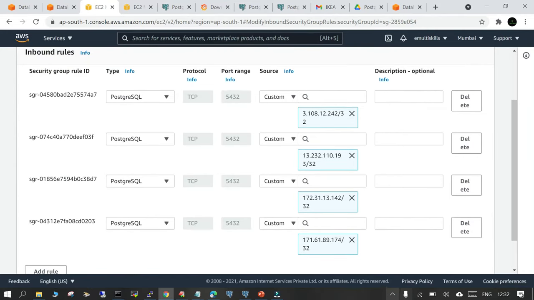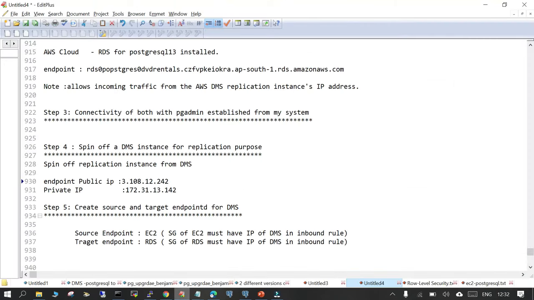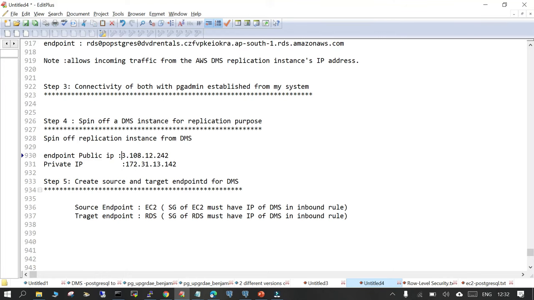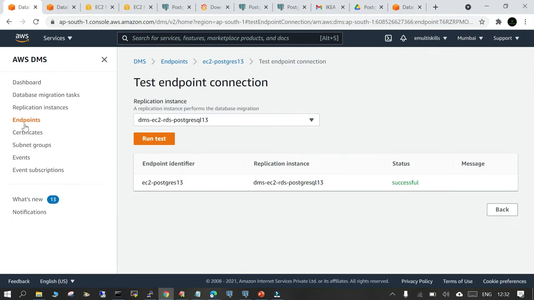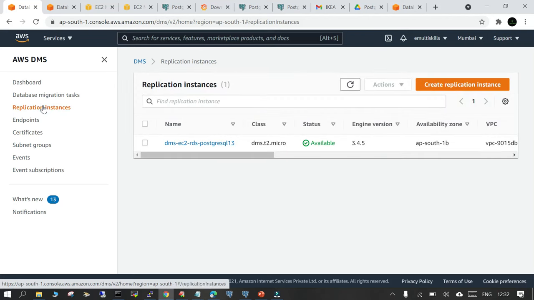And here also in RDS, you need to make sure the IP address is added with the port number. And if you are trying to connect from your source, from your system, the IP address will also be mentioned over here. So that's very, very important. And one of the most important things is, if you see some kind of issue, then you need to check the IP security group of your application instance. So let me go to the replication instance and show you